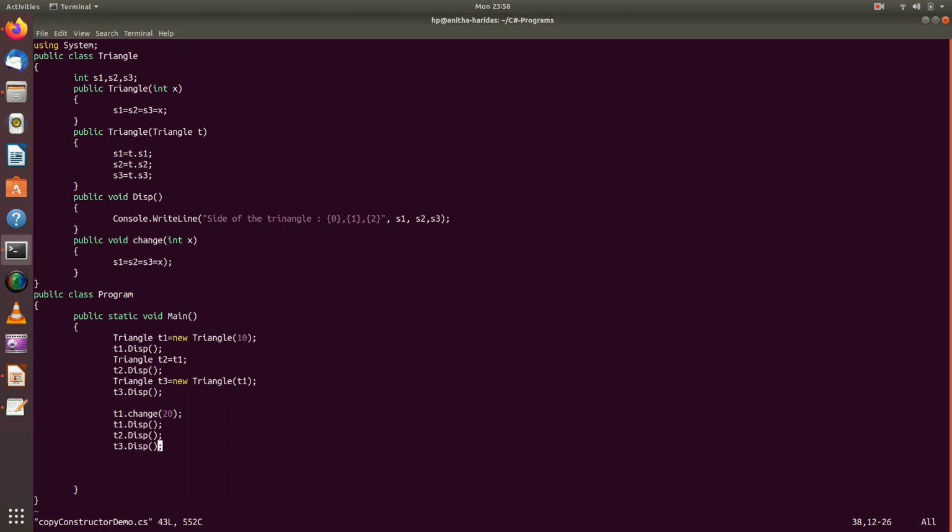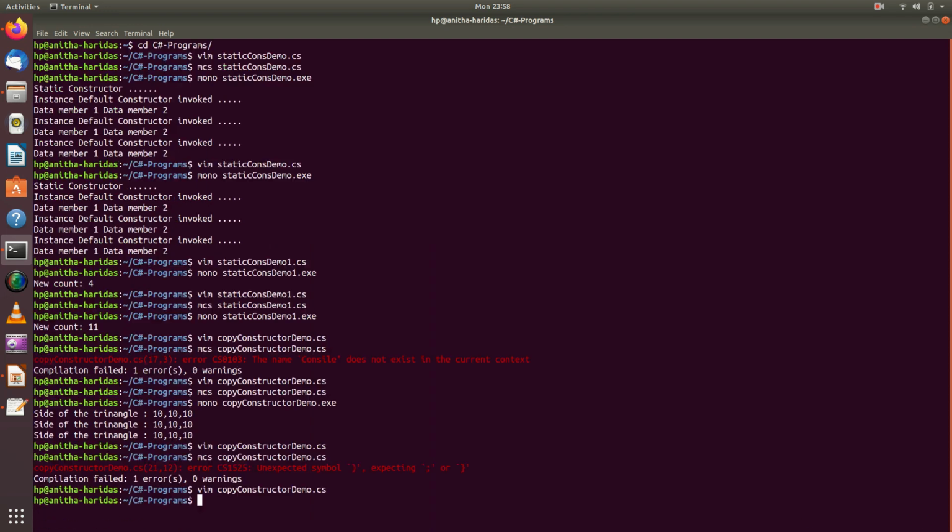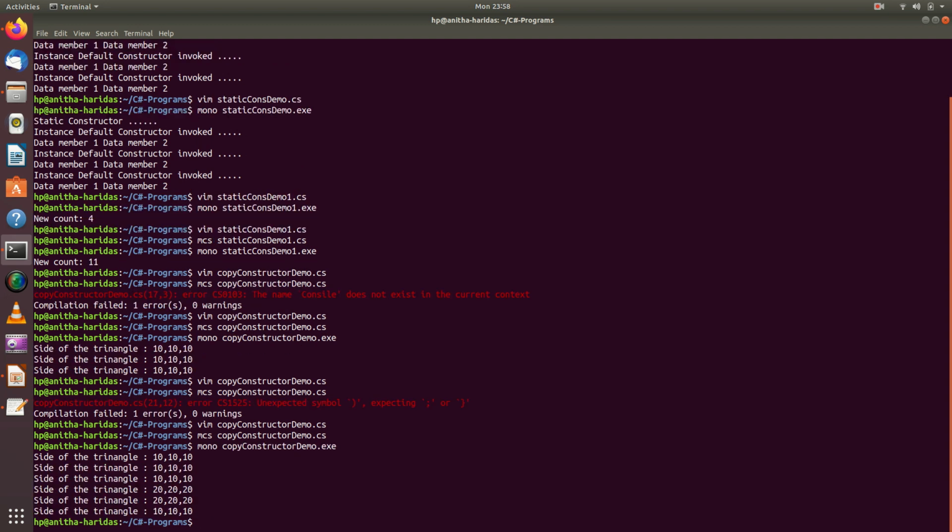Okay, line number 21, it is not x. I think now it is okay. Execute your program and observe here. I have changed the value of T1, but T2 value also getting changed, but T3 value is not changed.